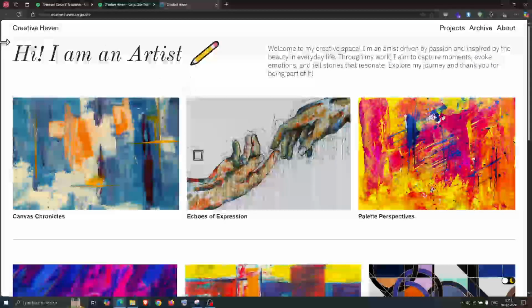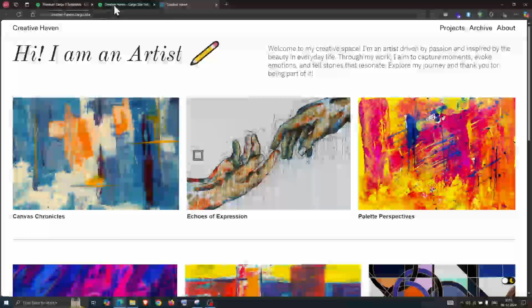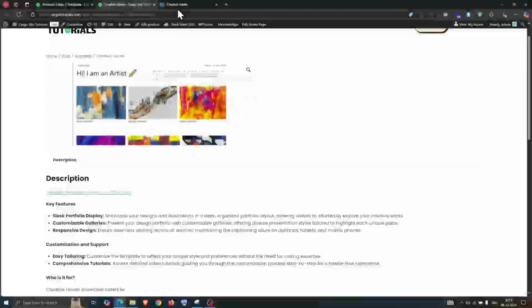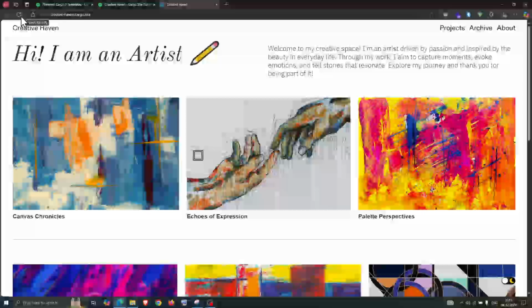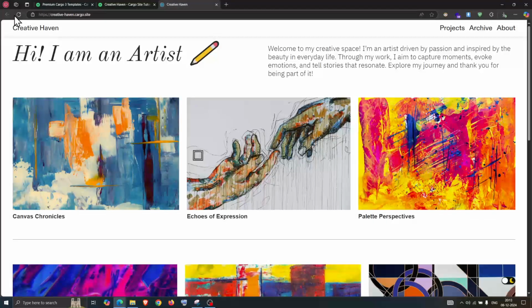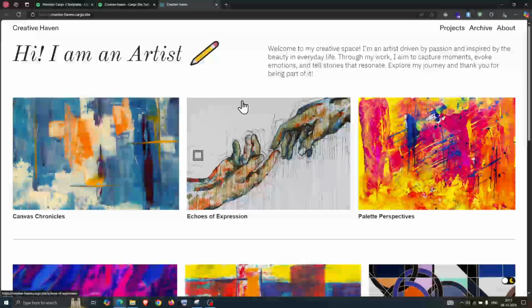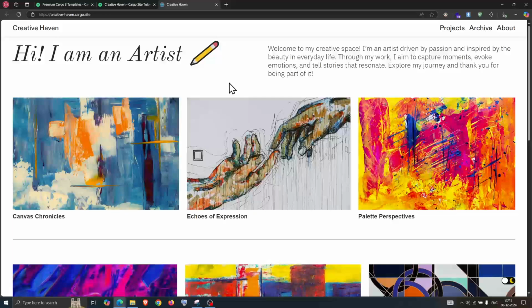As you can see, I have opened the link. You can go to the description and check the website. If you refresh the site, you will see a loader pop up. It will be visible for a few seconds. It is basically a screen which comes for a few seconds. You can control the duration, how many seconds you want to show this to the user.